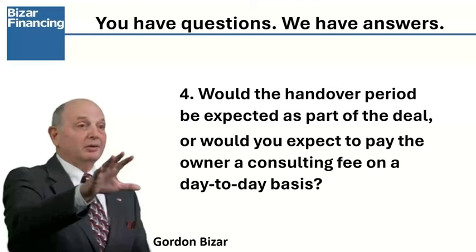So hopefully those little nuances and differentiations make sense to you and you have a decent answer for this question of what the handover period would be expected to be. Would it be expected as part of the deal? And would you expect to pay the owner a consulting fee on a day-to-day basis? Okay. There's a lot of nuance around the answers that I gave you there. Number 5,